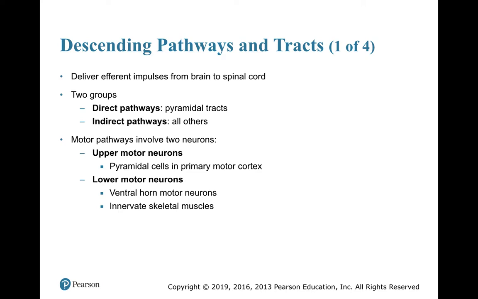Descending pathways and tracks deliver efferent impulses from the brain to the spinal cord and out to the body in many cases. They are either direct or indirect pathways. The direct pathways use pyramidal tracks. The others are indirect. Motor pathways involve two neurons: an upper motor neuron, which are the pyramidal cells in the primary motor cortex, and lower motor neurons, which would be the ventral horn motor neurons that innervate